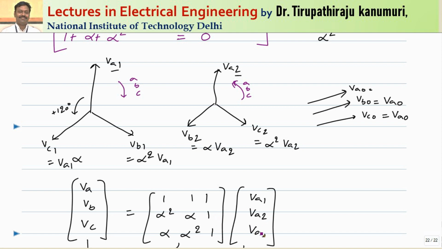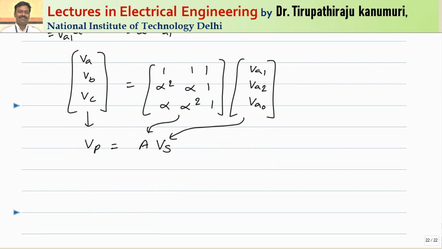So similarly coming to the zero sequence components, they will be displaced by 0 degrees only but having the same magnitude. That means VB0 will be equal to VA0, VC0 will be equal to VA0 and they are displaced by 0 degrees. So now this I can write in the form VP is equal to, I am multiplying some matrix A with the sequence component matrix Vs. So similar way I can write the value of IP is equal to A times of Is. You agree with me? So this way I can write.